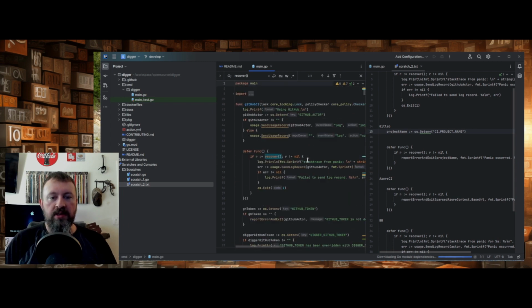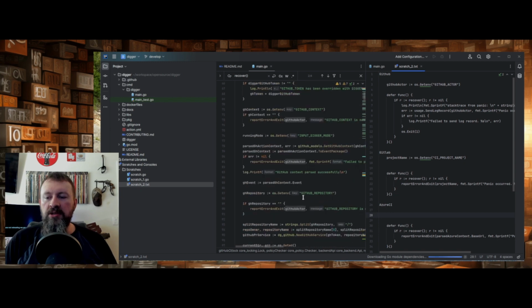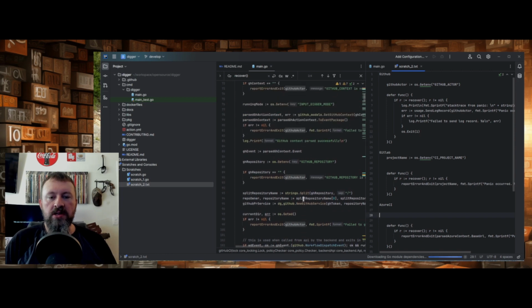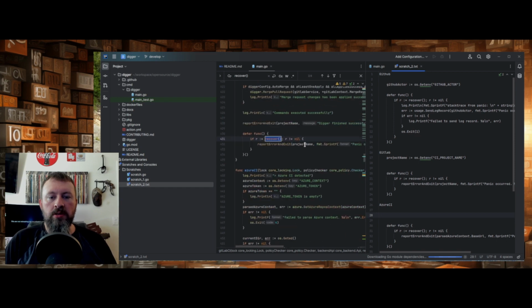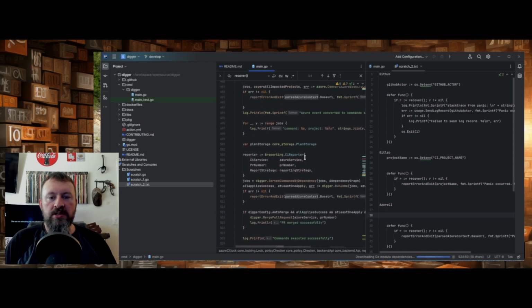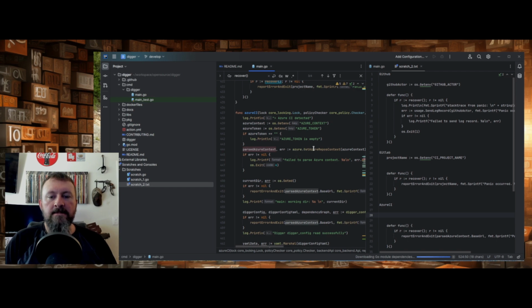And let's go all the way up to the GitHub one. And this shows me what the GitHub actor is. So we can kind of see what each of these environment variables actually is. And let's see, on the Azure one, it looks like it's going to be parsing a URL, so that's kind of interesting. So let's jump down and have a look at the Azure one, which is here. So parsed Azure context is coming from this,